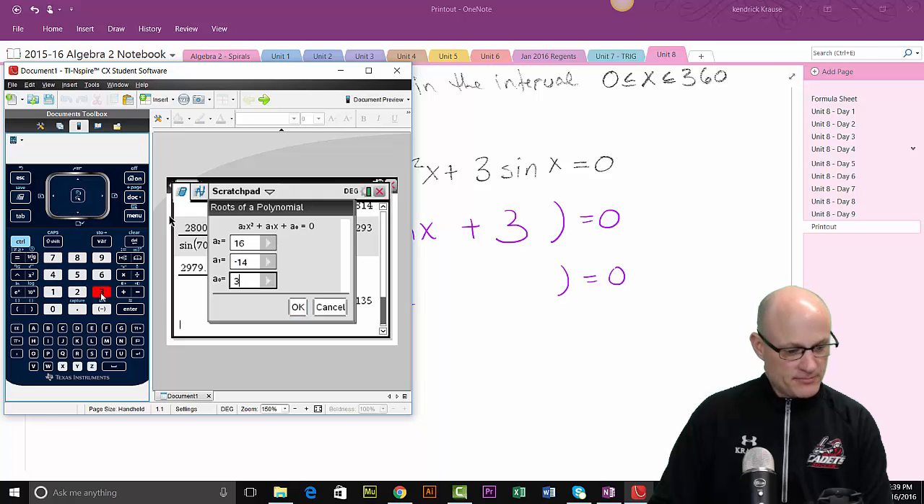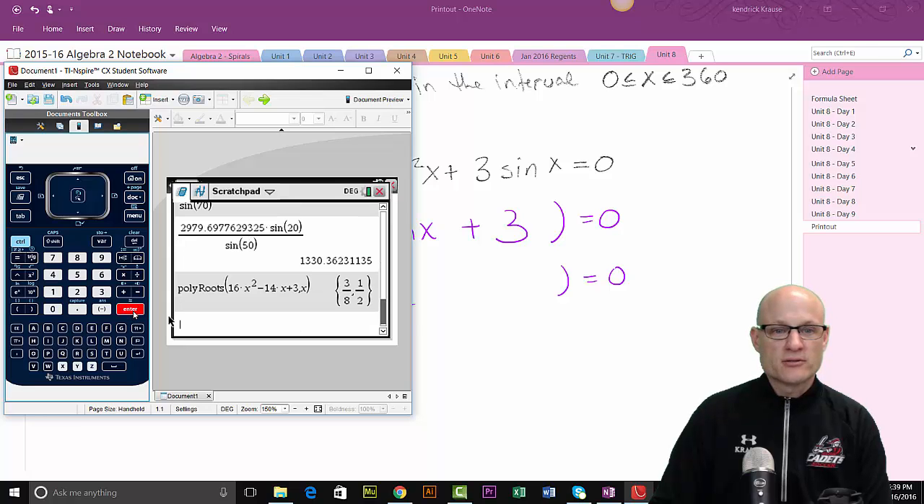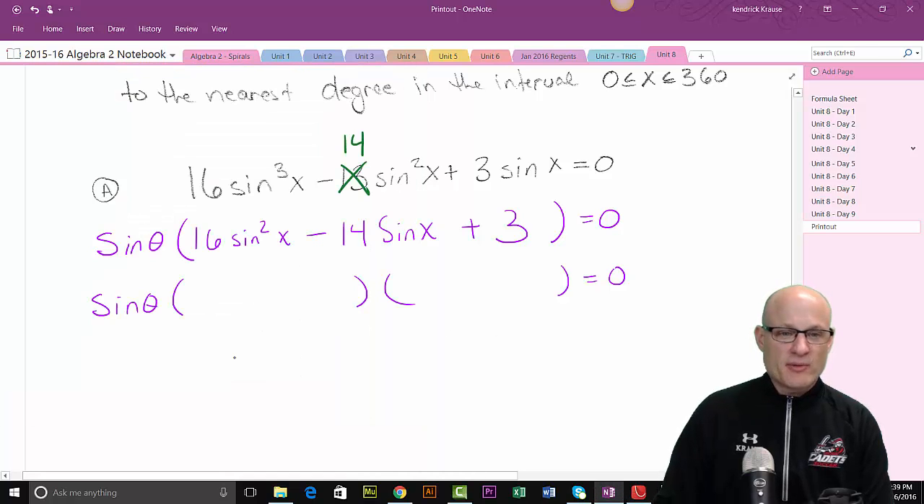And positive 3, right? Oh, I think that's what they were. Click OK. Click Enter. Click Enter. So I get 3/8 and a half. So my answers are sine theta equals 3/8, sine theta